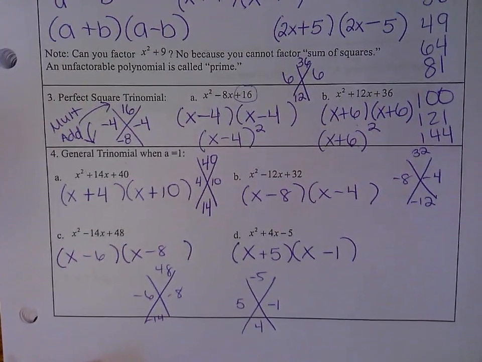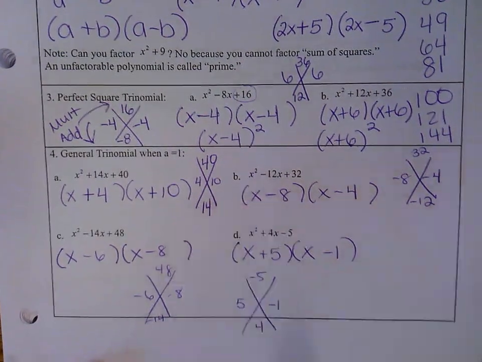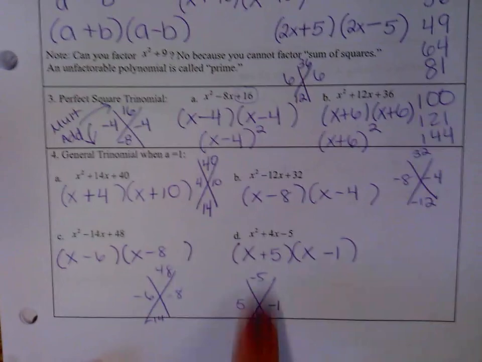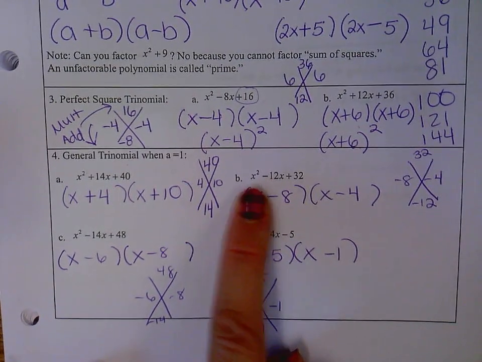So all you need to look at is the x squared term. And if there's just a 1 in front of the x squared, you're going to use the diamond. So the back page of this,